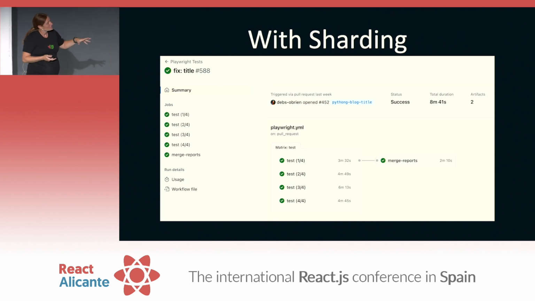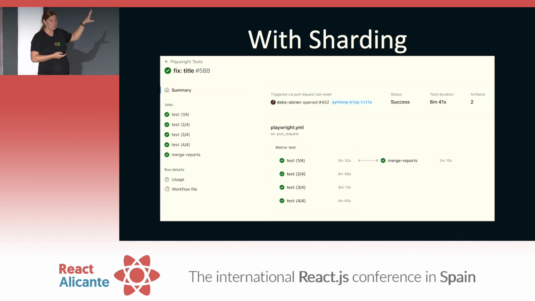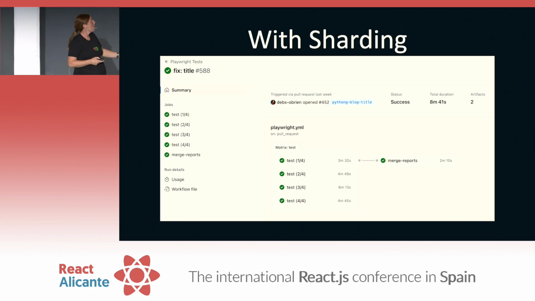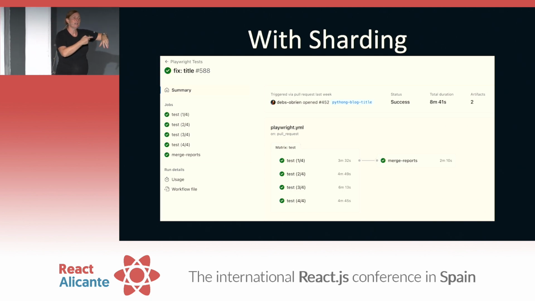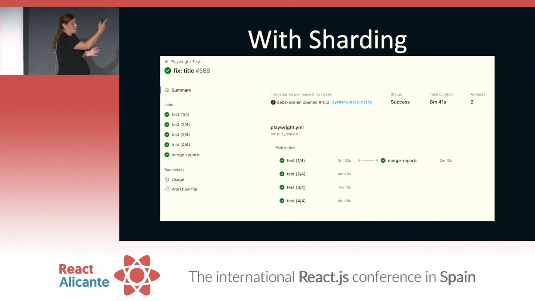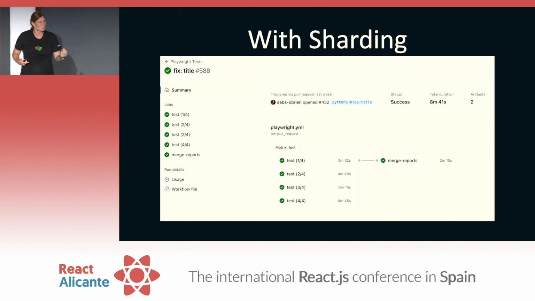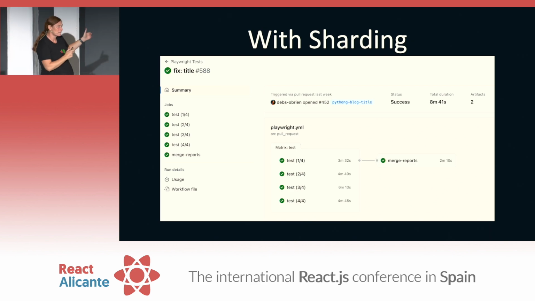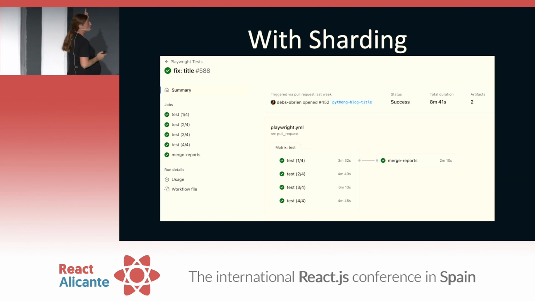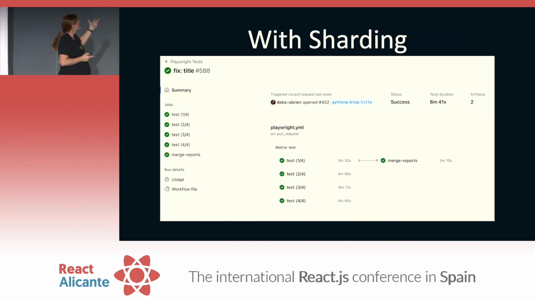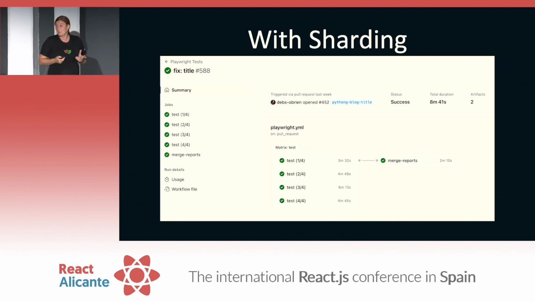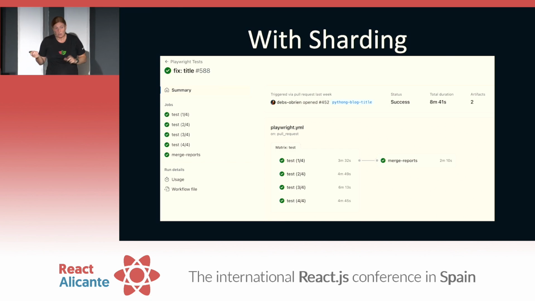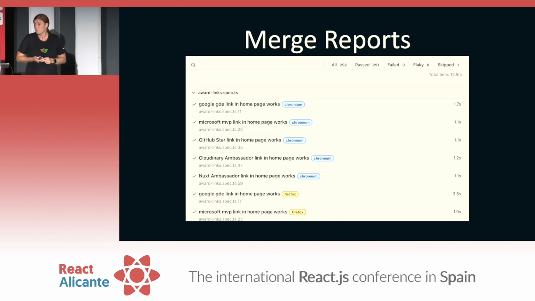It's not exactly that. The test's total duration is 8 minutes. That's not divided by 4, because each shard needs to download Playwright and the browsers each time. Each machine needs to actually download that, so you're adding that time to it. So it's not always the best solution. You've got to decide, do I need 4 shards, 5 shards, 3 shards, and figure out which is better. We also have merge reports, so you can merge all the HTML reports together, and that makes it much easier on CI for debugging, etc.